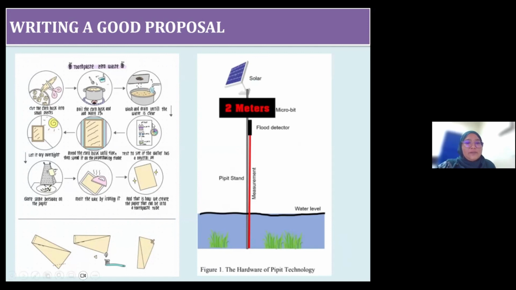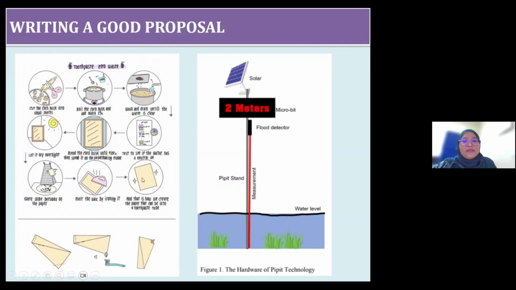Okay, looking at this, for example, Two Space Zero Waste. See, the title is already very clear and descriptive about the product or innovation, and it highlights the uniqueness because it's zero waste. So what is unique about this product? The diagram is very clear because it shows step by step what their product is about and how it has been produced, and it is written with some small description.